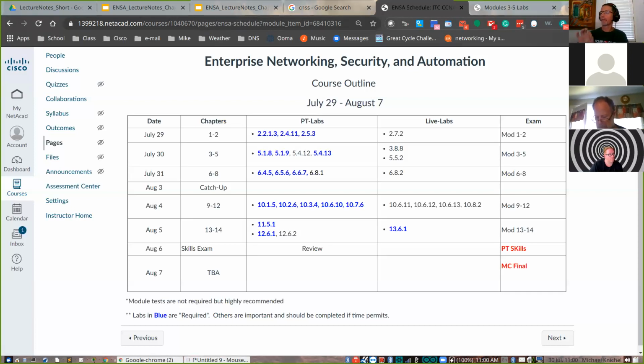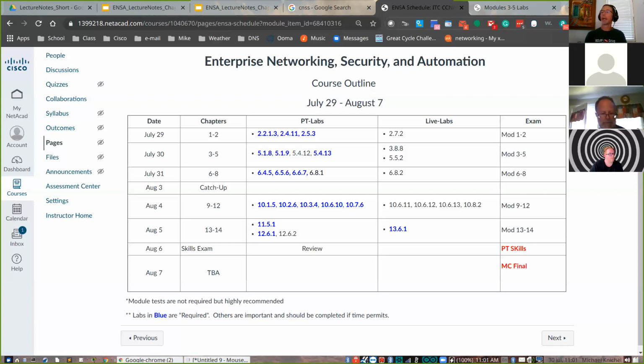Okay, so when I say activity, I mean something very specific, a PKA. I don't mean just opening Packet Tracer, building a topology, and making it all work. Have you a self-grading activity? No. Okay. Kevin or Mike or Valerie, have you ever? The only thing I've done is set up unconfigured devices on Packet Tracer and done labs like that, but not self-grading. Yeah. Okay. So that's what I'm talking about.